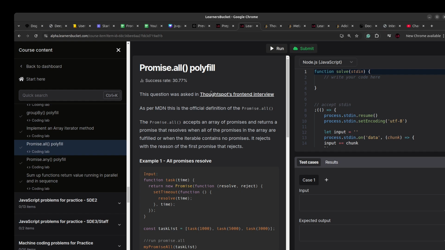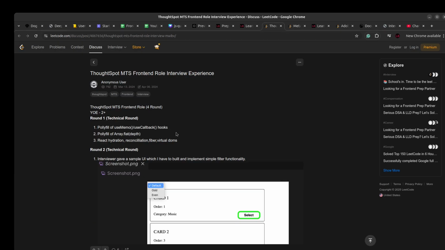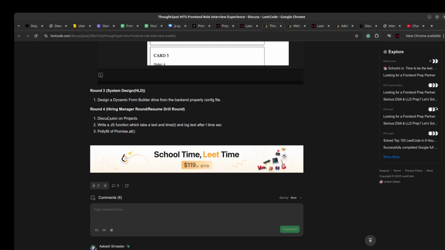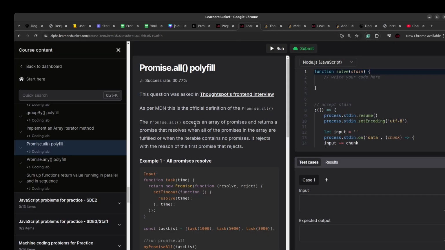This interview question was asked in the ThoughtSpot MTS frontend interview, for the senior position for 2+ years of experience. As you can see, in round 4 with the hiring manager, it was asked to implement a polyfill for Promise.all. As per MDN, Promise.all accepts an array of promises and returns a promise